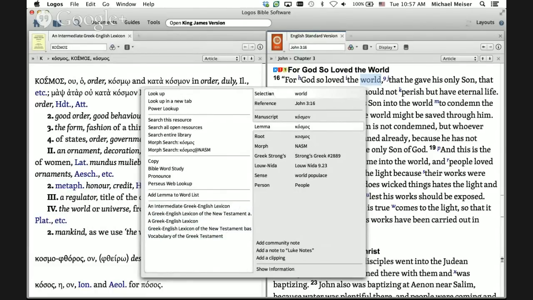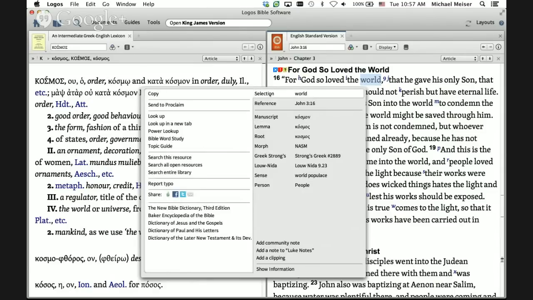So within our context menu, click on selection. Notice in the bottom left-hand corner, we have 5 English Bible dictionaries. And the first one on there is the New Bible Dictionary. Now notice you probably have some other Bible dictionaries in there, and this is why you want to do at least 5, if not more, because you'll notice I didn't prioritize Baker Encyclopedia or these IVP dictionaries, but Logos is